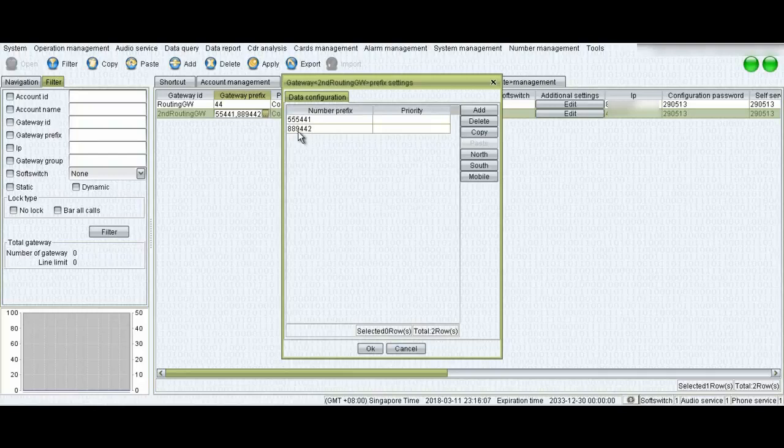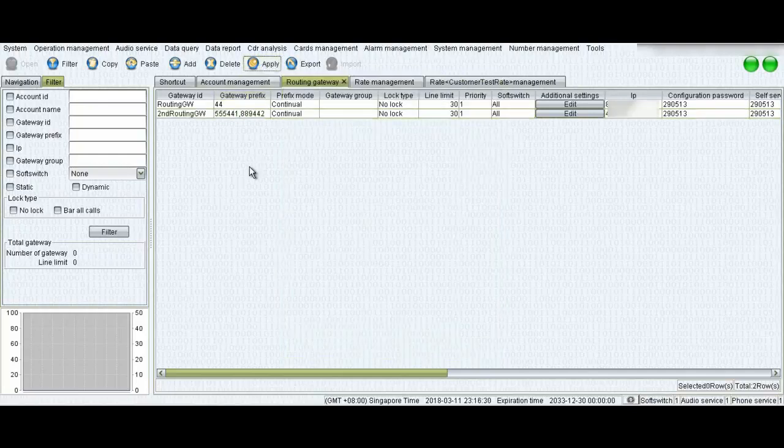Yes, calls coming from your customer on prefix 55541 will be routed to this gateway. Calls coming from your customer on prefix 889442 will be routed to this routing gateway automatically.